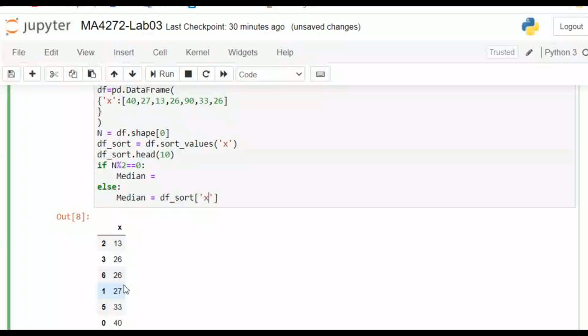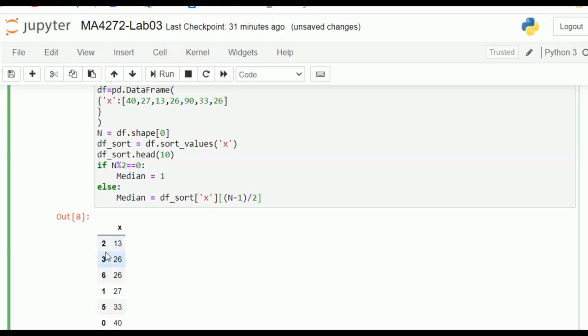Okay. So here I am writing, suppose for the time being median is 1. In the else case, because it will always go to the else case, because here n is an odd number. So now what to write? I will write df sort x, meaning this column. Which element? Then again square brackets of n minus 1 whole divided by 2. Everybody agree why it is n minus 1 by 2, not n plus 1 by 2,